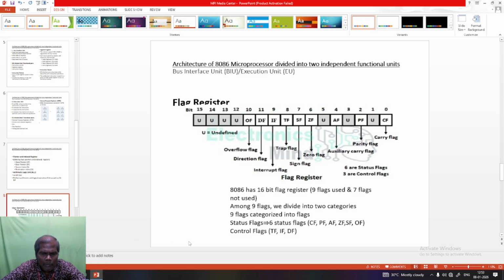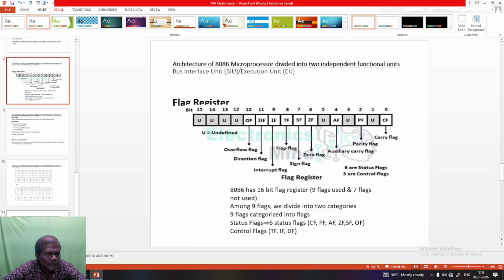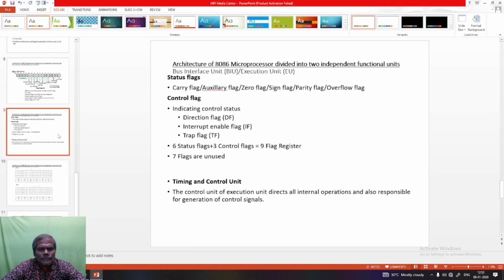With suitable examples, I am going to discuss the flags. The status flags are the carry flag, auxiliary carry flag, zero flag, sign flag, parity flag and overflow flag.